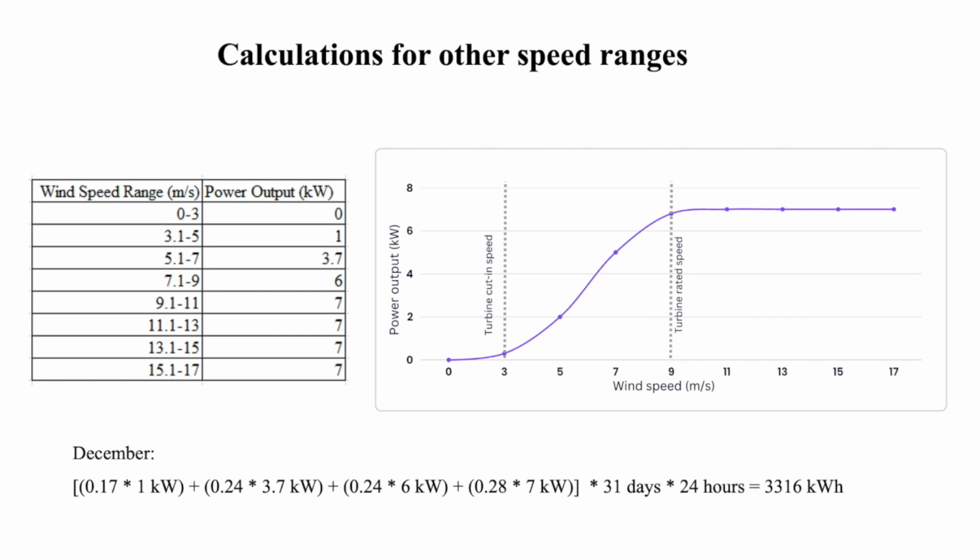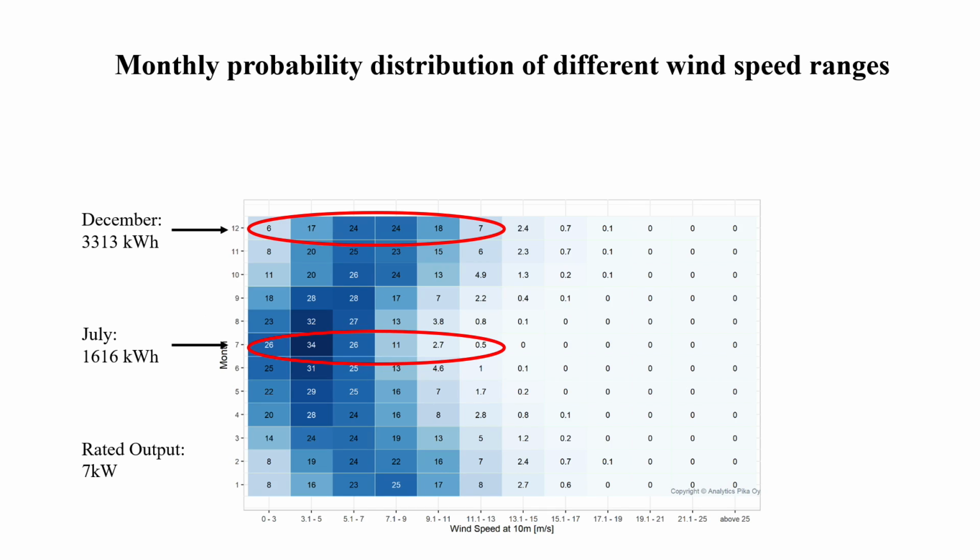Altogether, the example turbine is expected to generate an average of 3,316 kilowatt hours each December. We can repeat the calculation for all other months. Here we use Excel for convenience. For example, July will generate less than half compared to December: 1,616 kilowatt hours. The average annual electricity production of the example 7 kilowatt turbine mounted in our specific location would